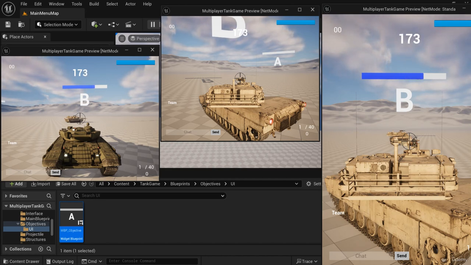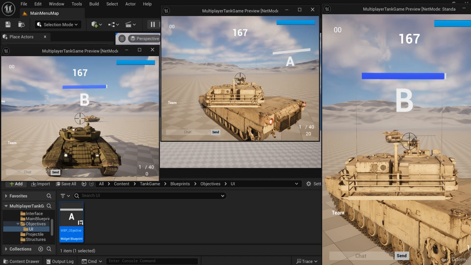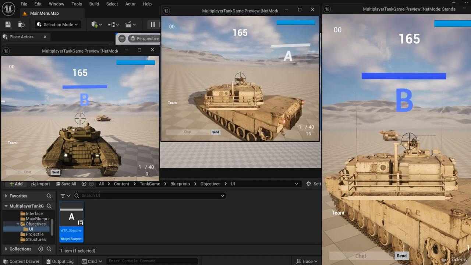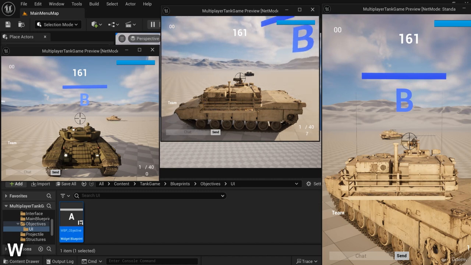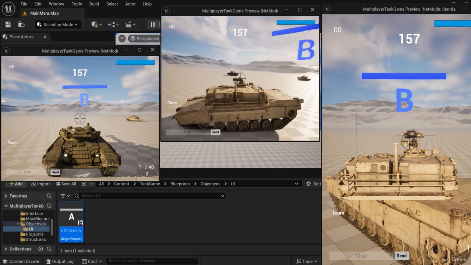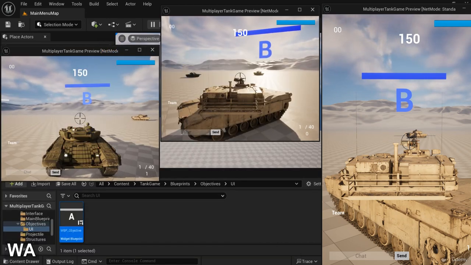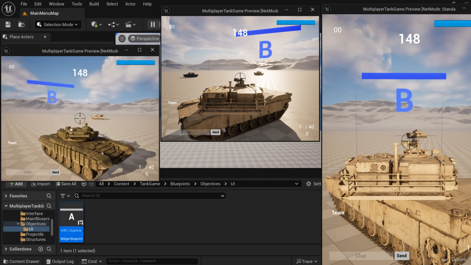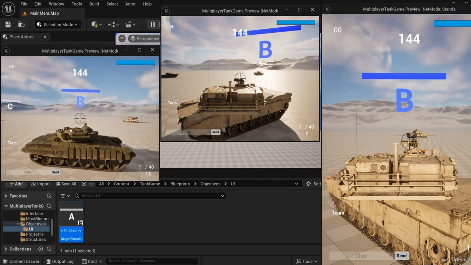And also if I move out of the objective, well, I couldn't move fast. If I move before capture, let me show you the other client with the T72 here. Now if I capture it and leave it maybe at the middle,